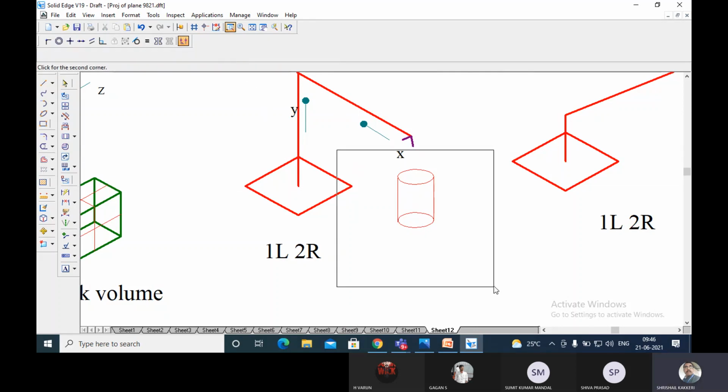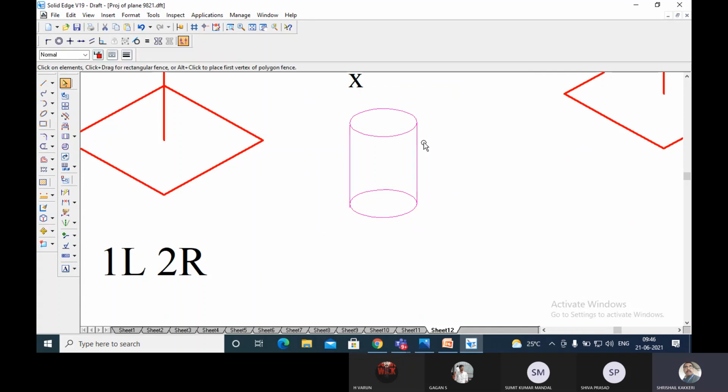The work volume generated by these robots will be like this. It is called the cylindrical coordinate. And if you talk about